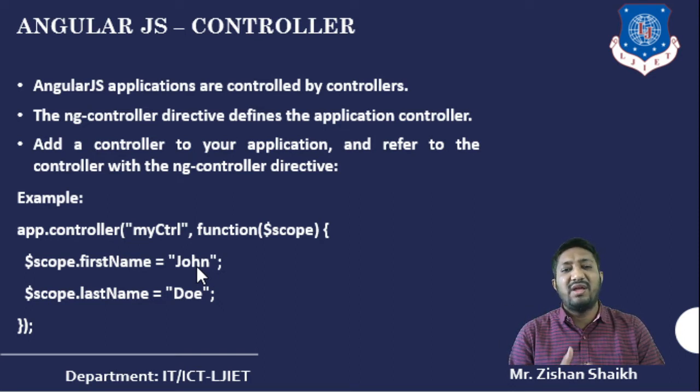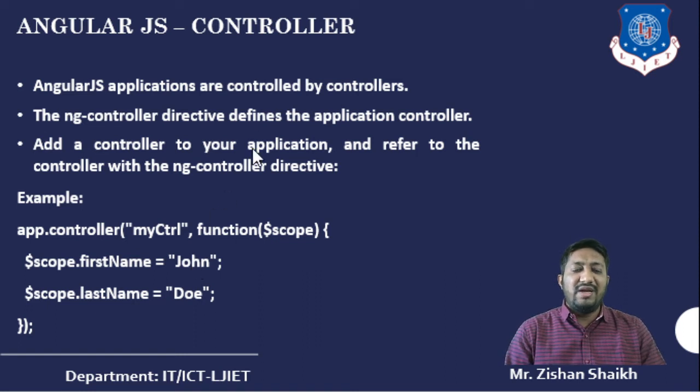But after that div tag, what is the scope of that variable? If you are defining the scope of any variable, then using scope you can include it. So here you can see that scope is the model part. Using that, controller and model are interacting, or you can say you are passing the values. So let's understand both parts, the module part and the controller part, with the help of one example.